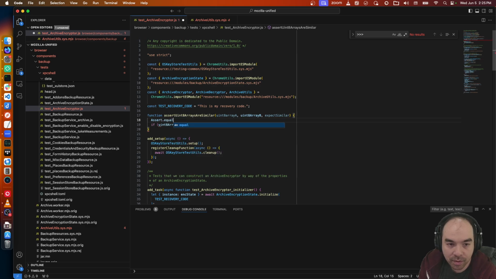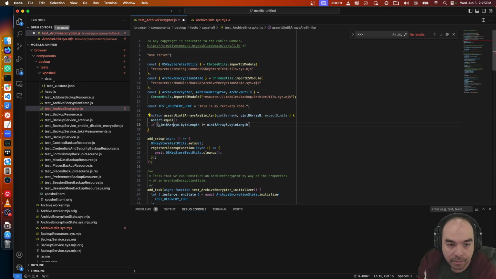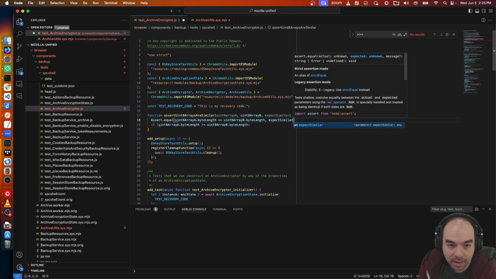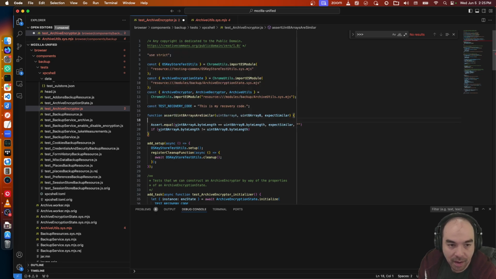Assert equal byteLength, expect similar. That seems a little too smart. I'm going to opt for readability.